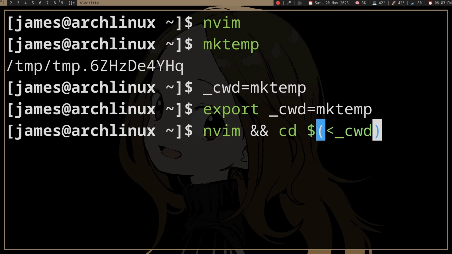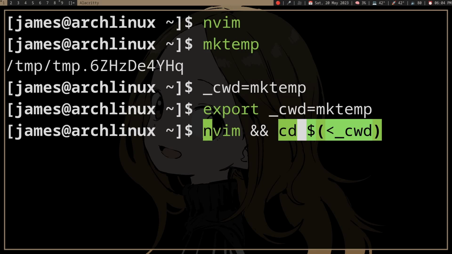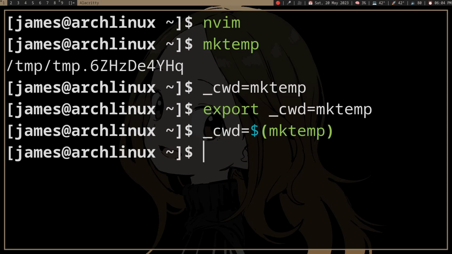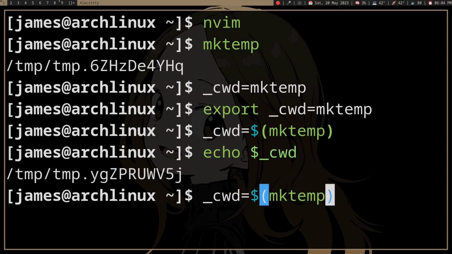cwd. So what we're going to do here is we are going to open Neovim, and once Neovim exits, we are going to cd to the content of the file that was generated with mktemp. Actually, this is wrong because that's a literal mktemp. So if we do echo, now we actually have a file. Okay, but yeah, we can do nvim and cd, open the file,